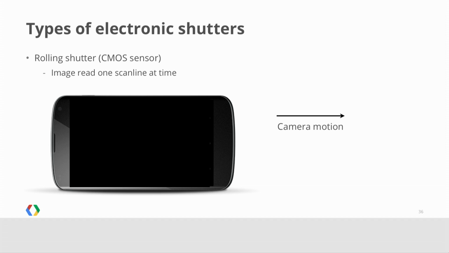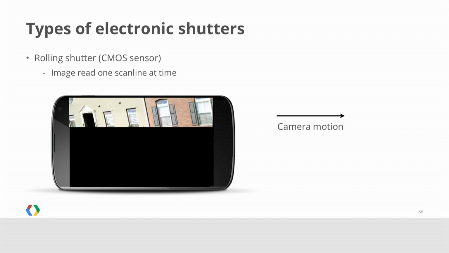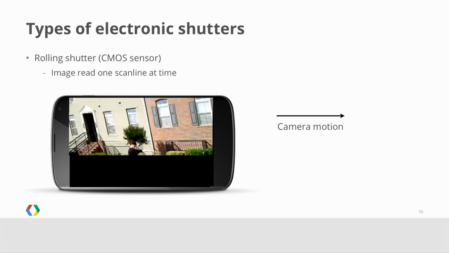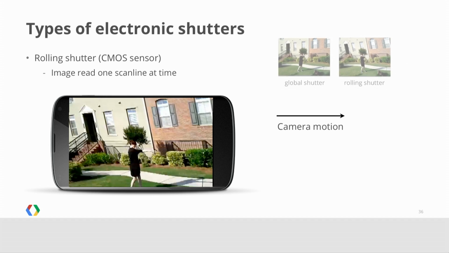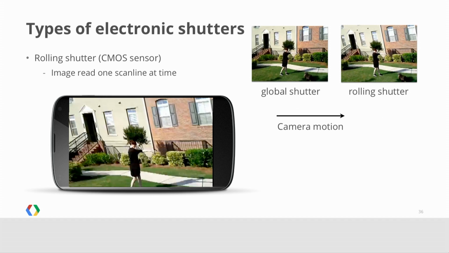So here the image is not captured at one instant in time, but one scan line at a time. So what you get is the camera is moving during the capture. And so instead of a rectified image, you get this skewed effect. And if the camera is actually vibrating during the capture, you get this wobbly result. If you compare global with a rolling shutter, you see the global shutter nicely rectified, the rolling shutter, all the